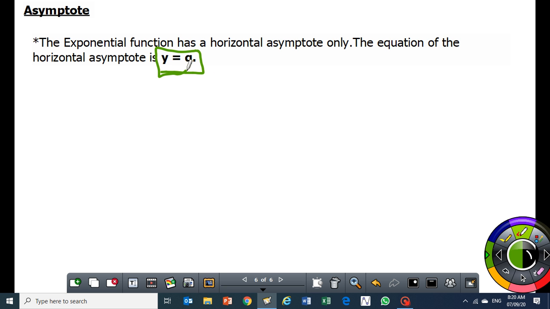But the exponential graph does not have a vertical asymptote like the hyperbola. So if you know how to sketch the hyperbola, you shouldn't have any problems with the exponential function. Okay? So make sure you know that. Right? So let me now move on to